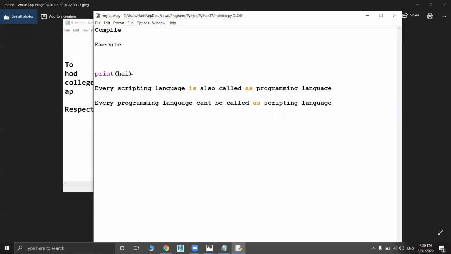That means around 2006, 7, in between 2006 to 10, almost 10 years back. When you opened YouTube, you would get youtube.com/php extension. That means initially YouTube was built with the PHP programming language.